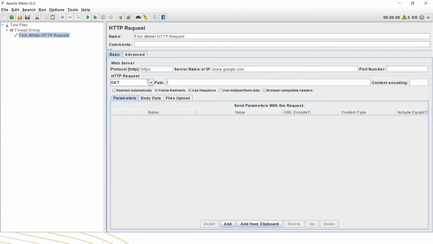Now, this is all about the GET. There are some parameters which are not there as of now, but if there are, let's say a query string like id equals 2, then I need to add a parameter. I can add the parameter like this: id, and the value is 2. You can put it here or over here, and it will work as a query string. We don't have anything in the body data; it won't be open because it's a GET request. If I select the POST request, I'll have this body data. Let me first delete this.